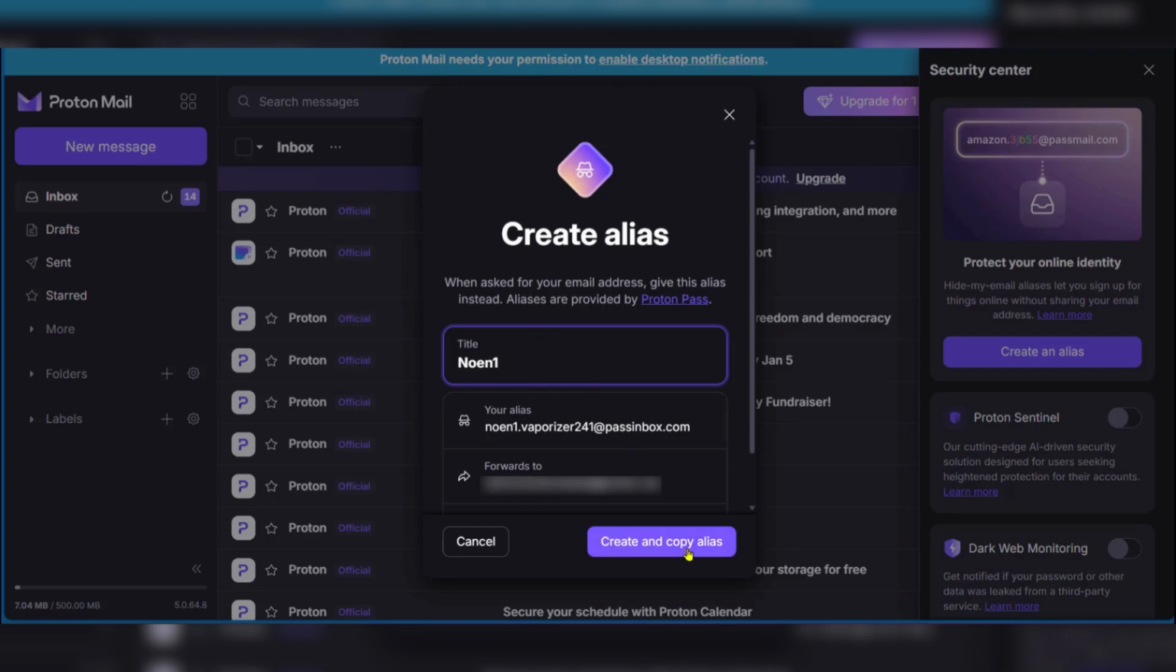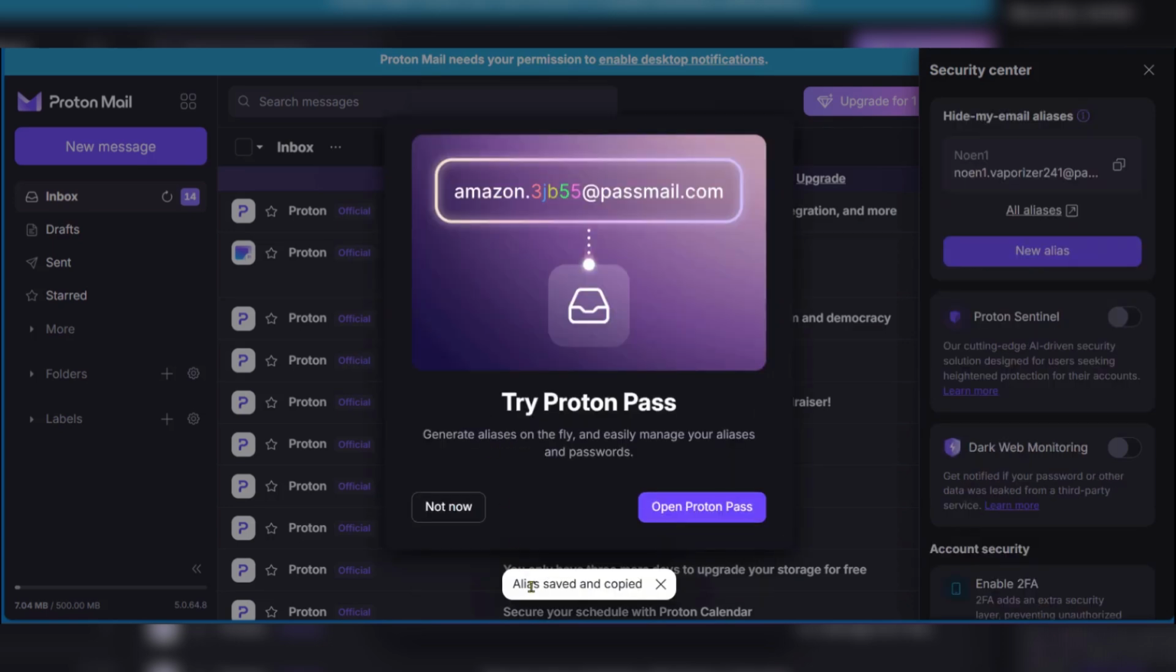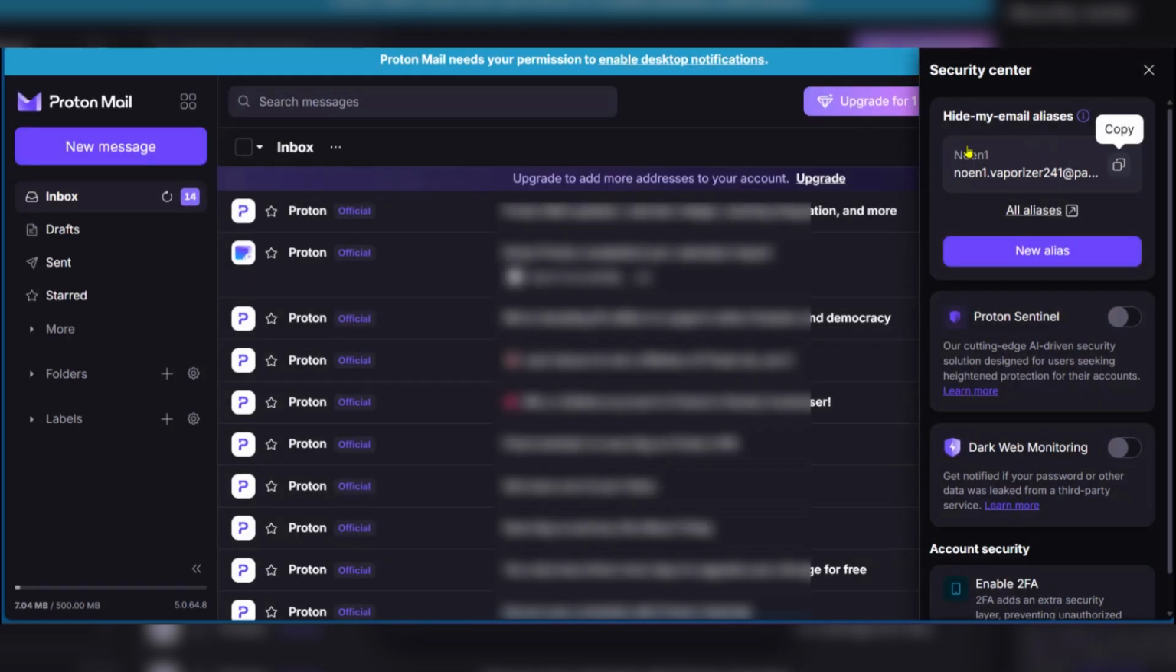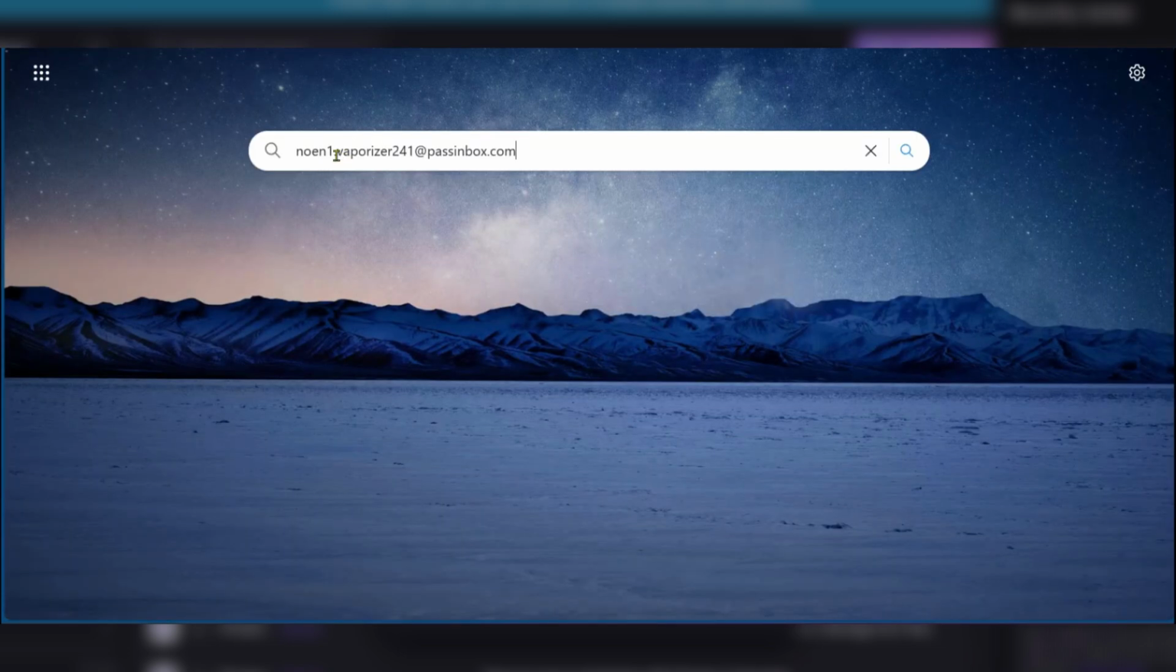So you can click on create and copy alias, and you can see alias saved and copied. Of course, we have our email address. We were supposed to say neon1, we said no and one, but it's fine because we now have our alias, right? So you can click and copy, open a new tab, paste it right there,